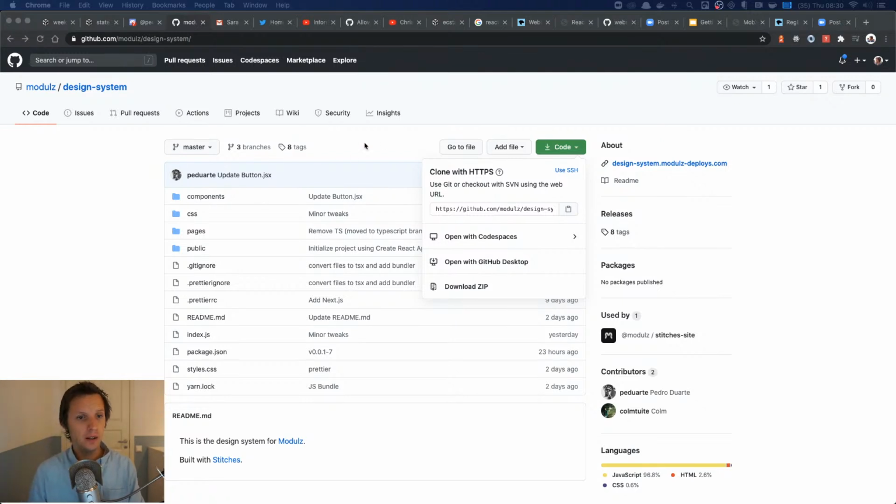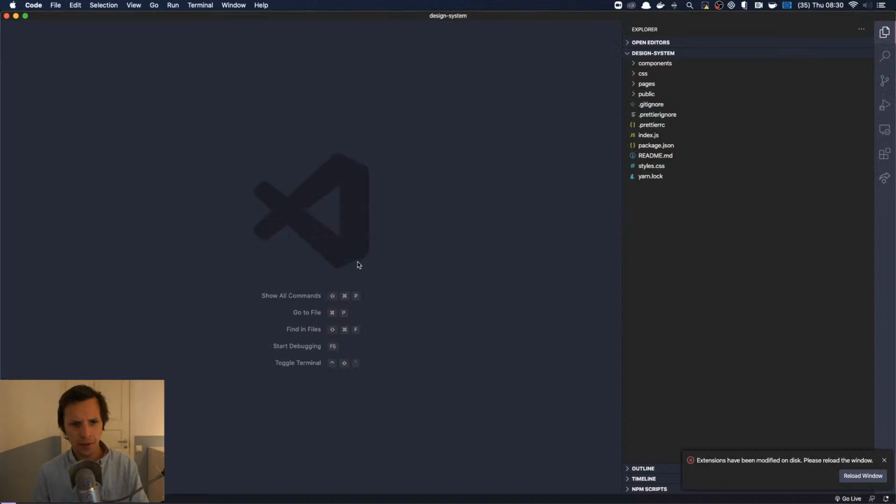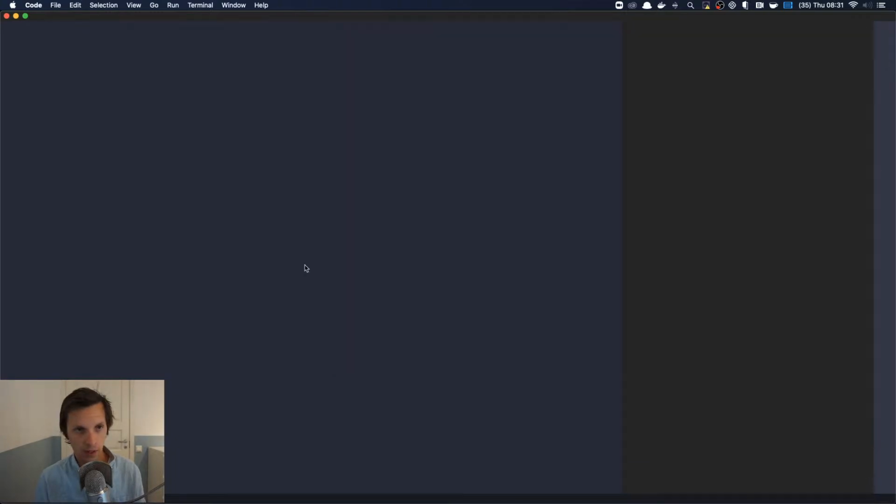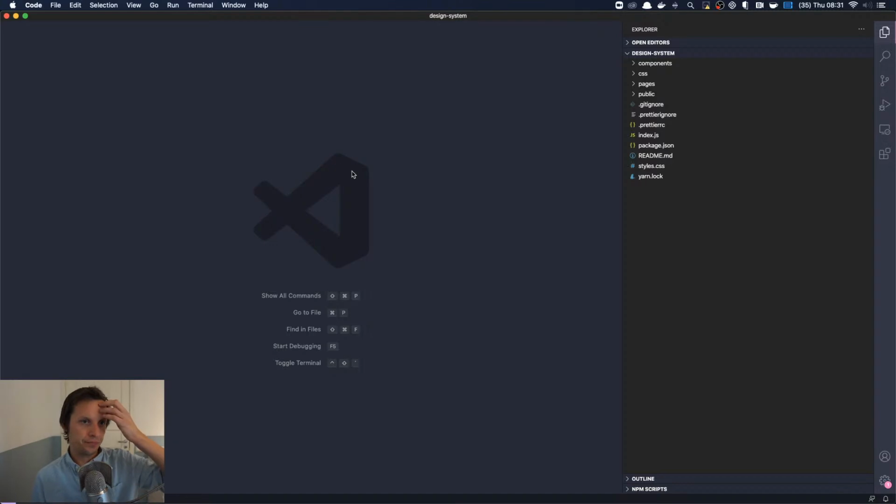Let's see. Okay. So we're going to do something a little bit different today. I'm helping out with Stitches. We were supposed to fix an overmine bug. I wasn't able to find time to fix it. I modified on this.